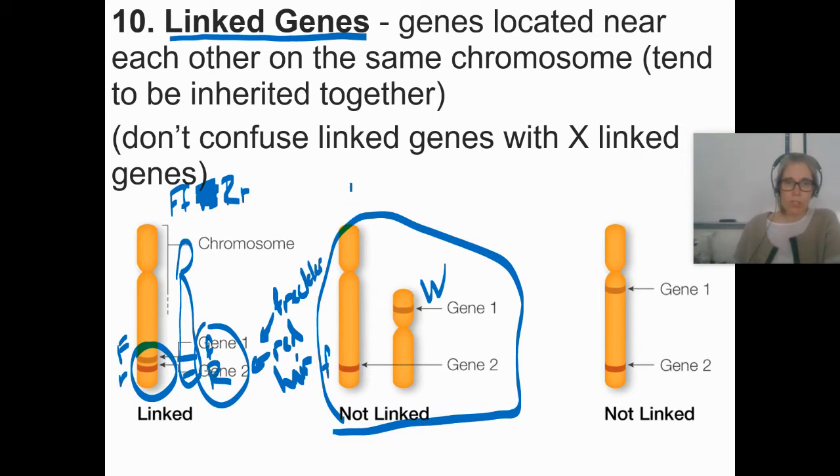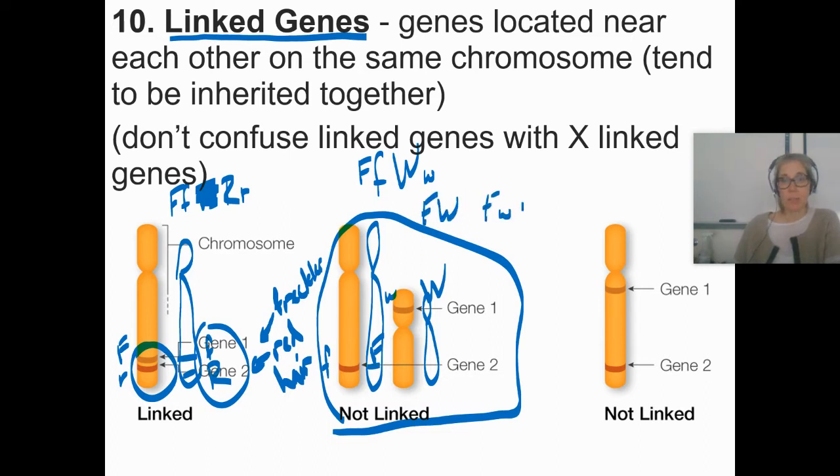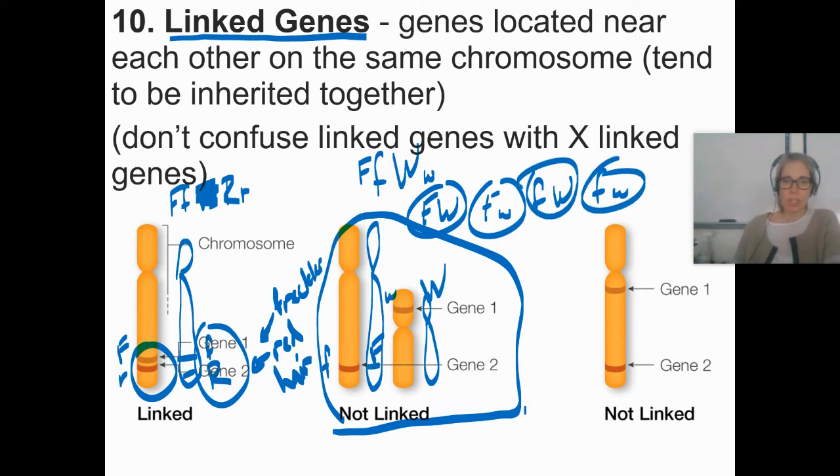Whereas if you look at this, let's say this one has a homologous friend and that one has a homologous friend. Maybe you are also heterozygous for this big F, little f, right? You've got a little f here and a big F here, and then you have a big W there and maybe a little w there. So let's say that you're heterozygous for this. When you make your gametes, you might get a big F and a big W, or a big F and a little w, or you could have a little f and a big W, or a little f and a little w. So these are all of your possible gametes, and each of them are just as likely